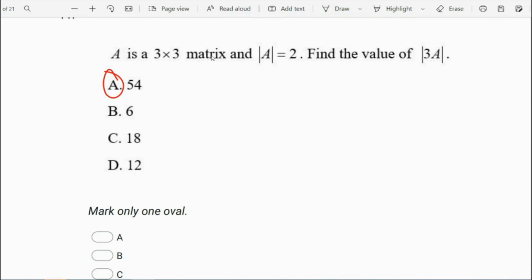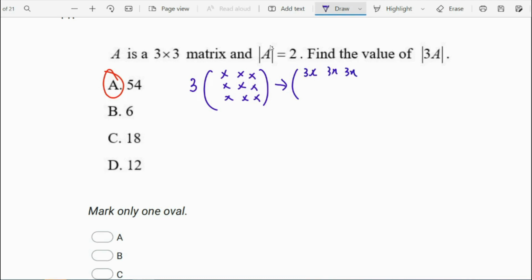A is a 3 by 3 matrices. Then we know the determinant A is 2. So notice that you have to find 3 times the determinant for matrix A. So if matrix A is a 3 by 3 matrix, although we don't know what is your matrices here, when they say 3A, it will be 3 times the matrix A. So our property of determinant is for every row that you multiply by a constant, your determinant also will multiply with the constant. So as we know, if we times the value of 3, the whole row will become 3x